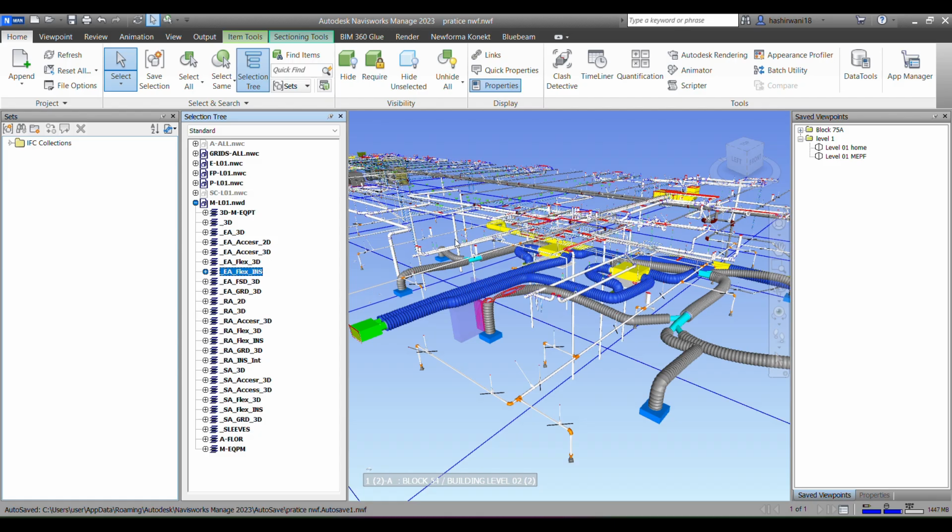Now we're going to be grouping them under the EA category and creating a set. For example, we're going to be holding our control button, selecting all of the flexible ducts with EA in their name, and then clicking on this button here, and renaming it as, let's say, EA FLX DT. And then we're going to create a new folder, a category MECH mechanical, and drag this into this mechanical folder here,